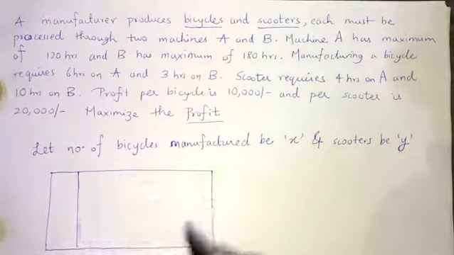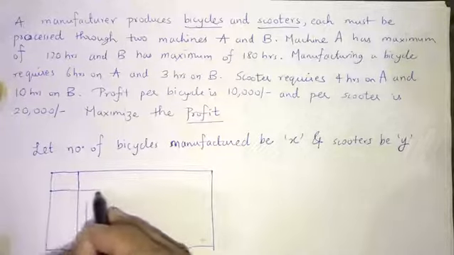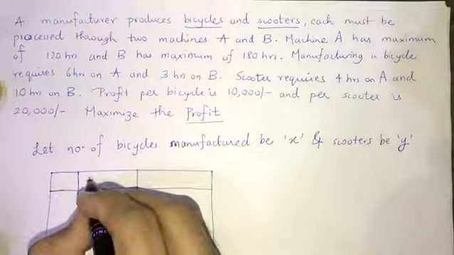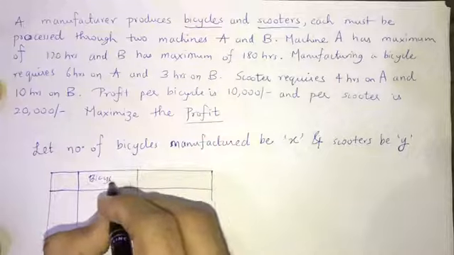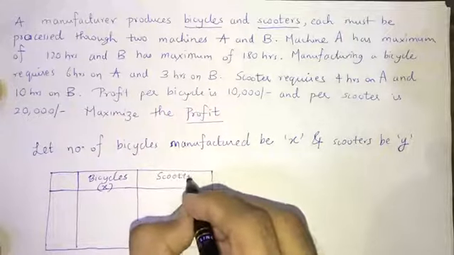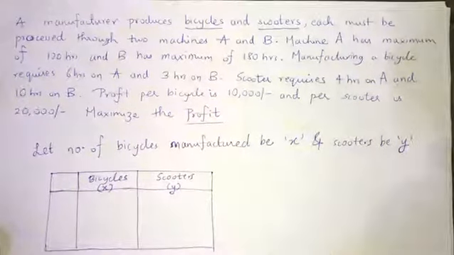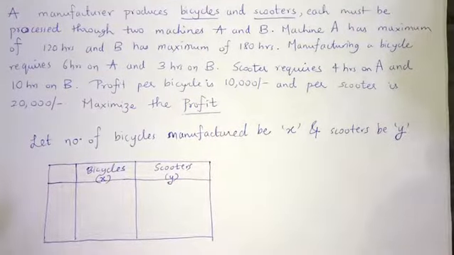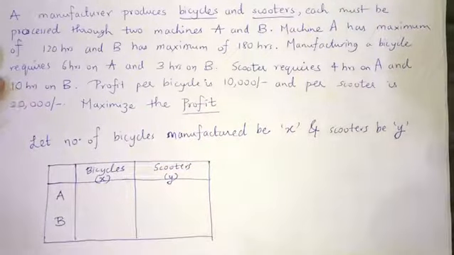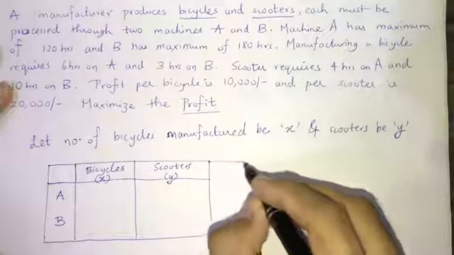In the table, in the columns, I am going to write bicycles X, scooters Y. The bicycles and scooters both are going to be processed through machines A and B. Now, the total availability